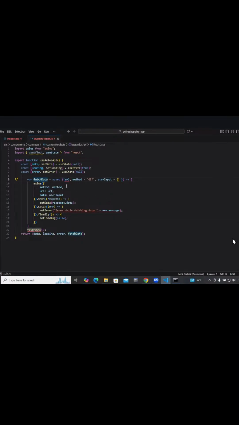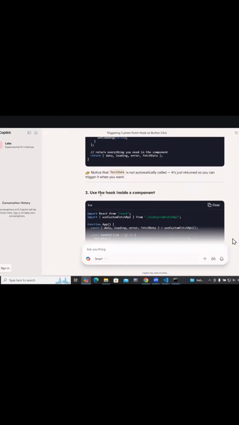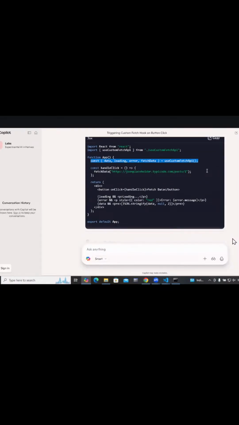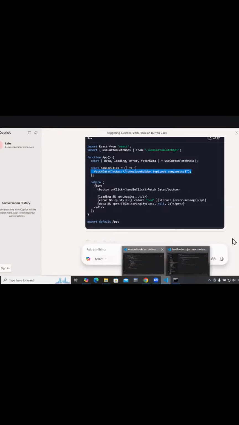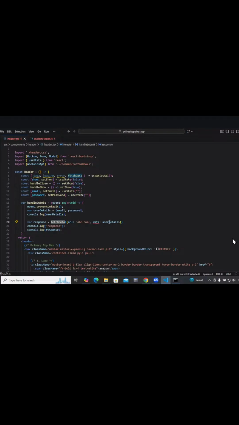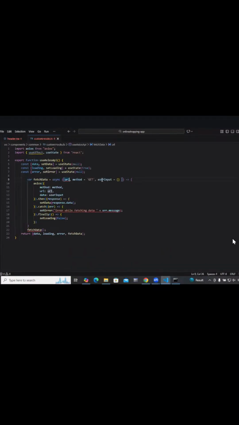It will be coming to this. Which data we are passing as an object.